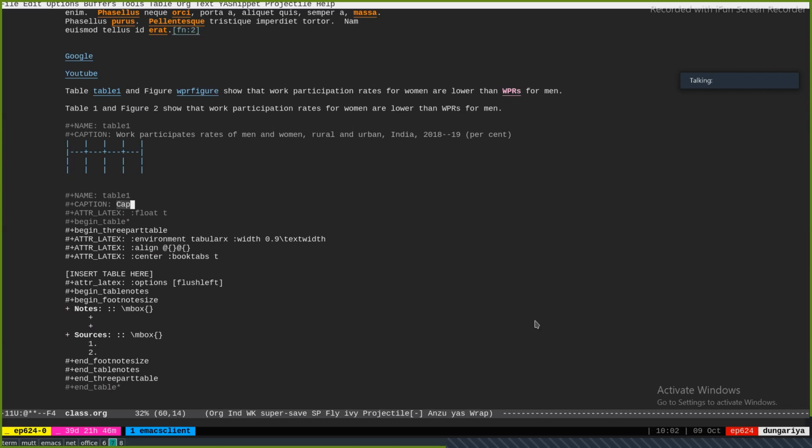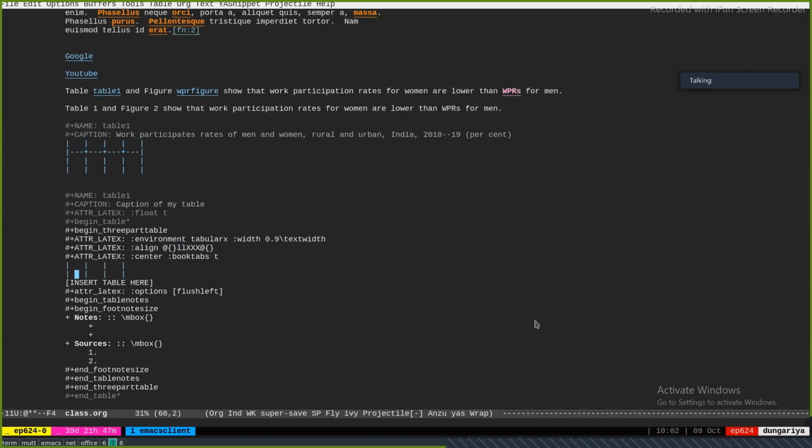I put a caption of my table. It uses tabularx. I can specify my column types, L, L, X, X, X. I insert the table here, and I can insert notes here.